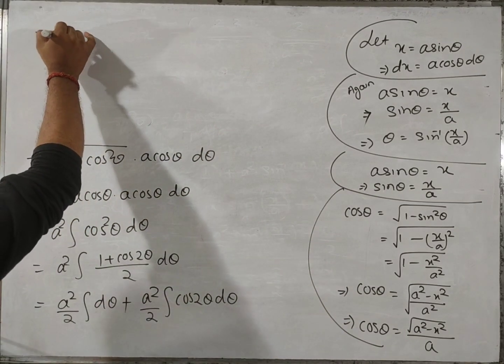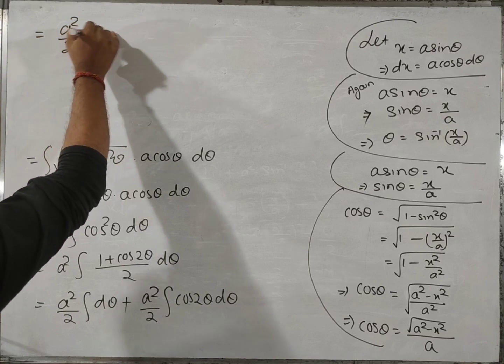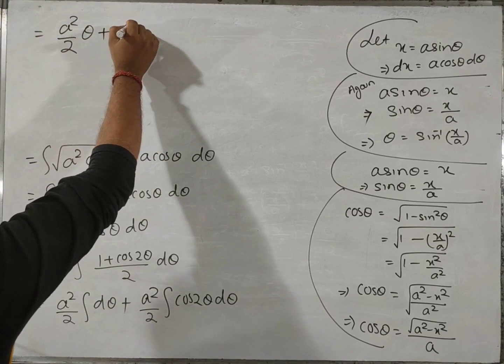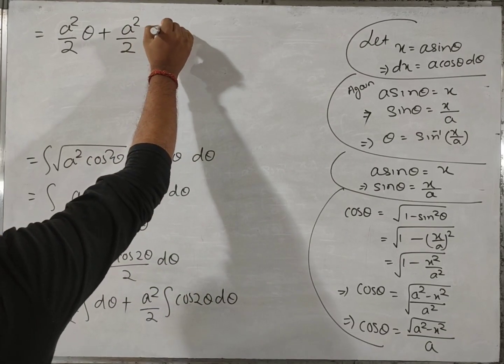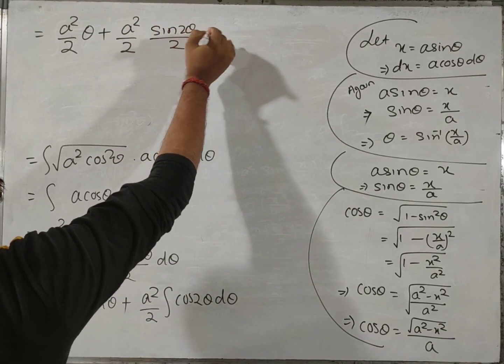Then it will be a square by 2 theta plus a square by 2 integral of cos 2 theta d theta, which is sin 2 theta whole divided by 2